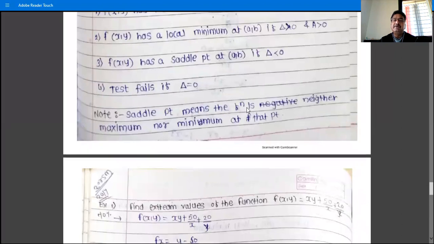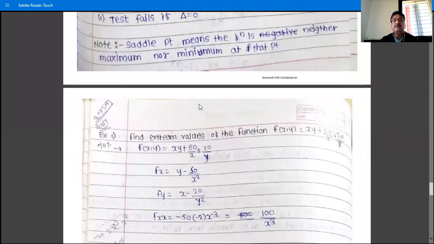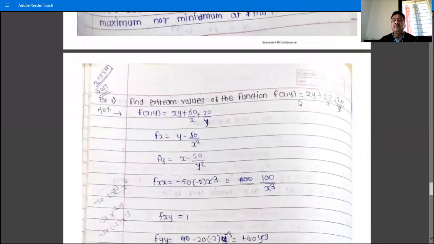So saddle point means the function is neither maximum nor minimum at that point. That is, when the point where the function is neither maximum nor minimum, then the point is called a saddle point. So for extreme values of the function,